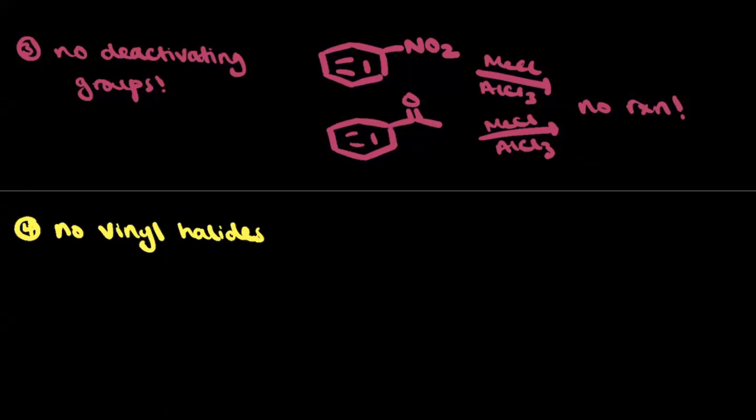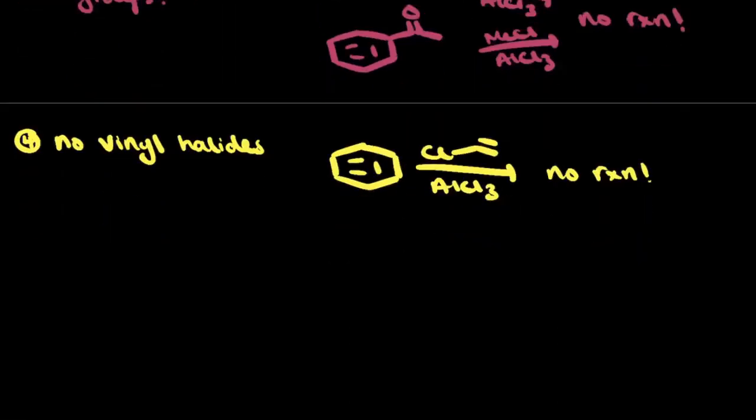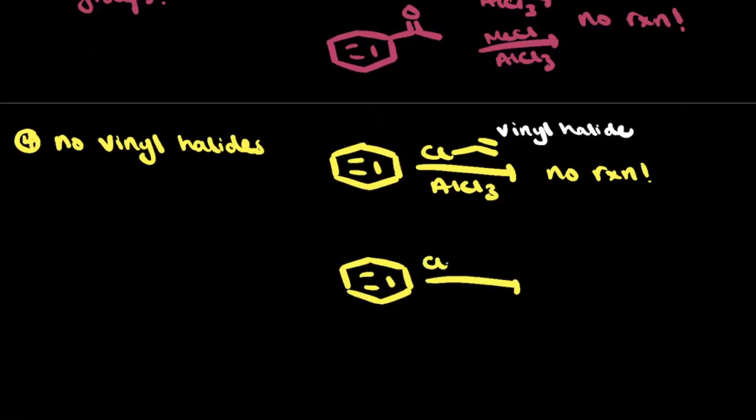So whenever you have a vinyl halide, okay, that means that your halogen is directly bound to your double bond. Okay. If you try and do that, you'll end up with no reaction possible. Okay, so that's a vinyl halide. But now compare that to an allyl halide, where I have an extra carbon in between. Okay, in the allyl halides,